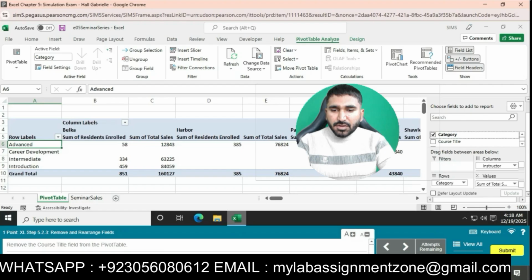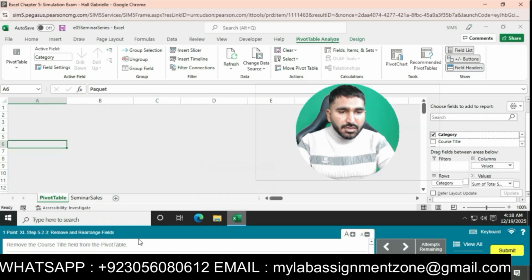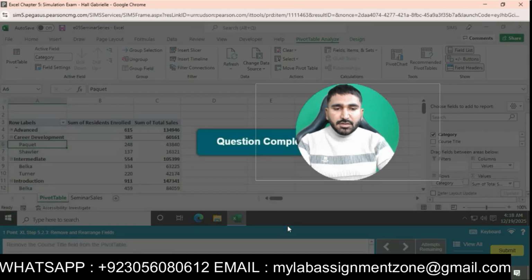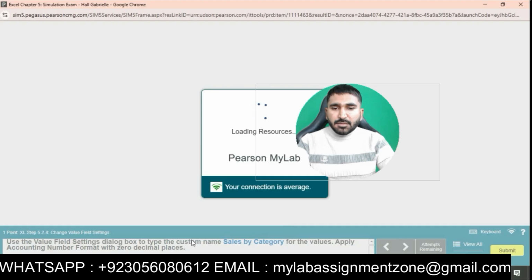Move the instructor field to the rows area below the category field. Okay, move the instructor field to the rows area. We will move the instructor field to the rows area. The question is completed now. Now I am going to do question number 8 of this exam. Question number 8 is that